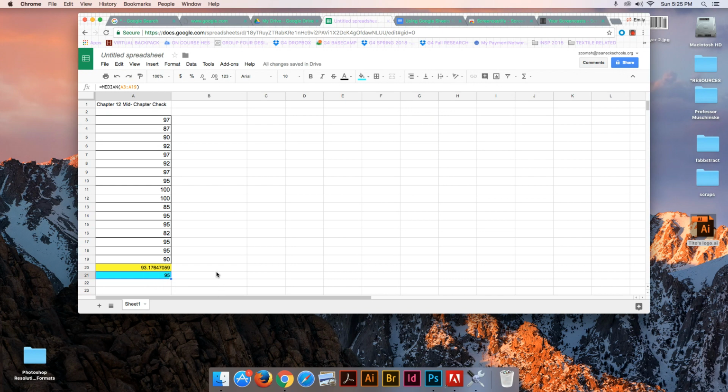Now I'm not going to go ahead and do the mode because I know you can read and I know you see the pattern, but we are going to do Q1 and Q3 just so you can see what it looks like, because Q1 and Q3 look a little different. The formula still starts off with equal. You're going to go ahead and type quartile, and I'll go ahead and click it. I'm going to still select the data. That's no different. However, I have to remember to put a comma and a 1 for lower quartile 1. I still press the Shift and the 0 for our parentheses bracket to close,